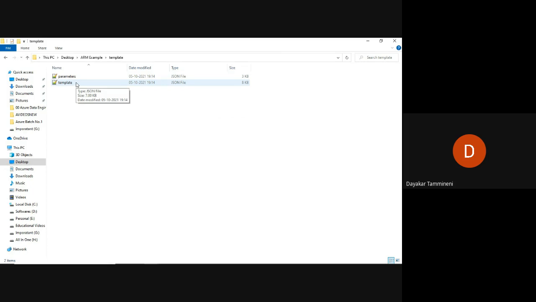Now, in the last class, one participant asked whether we need to open these JSON files using VS Code, or whether you can use any other editor. So we can use any editor. These are only text files. So I'm going to open the template. Just double click on that.